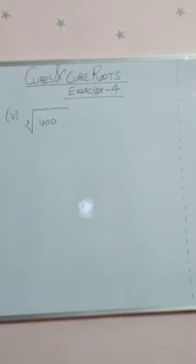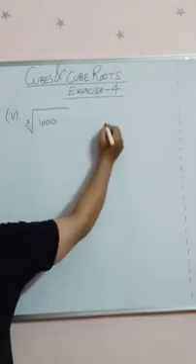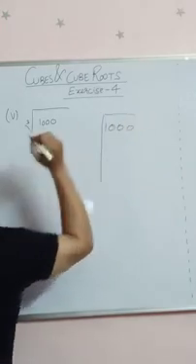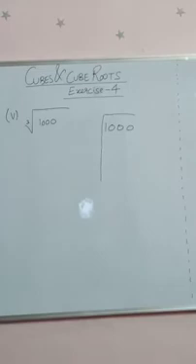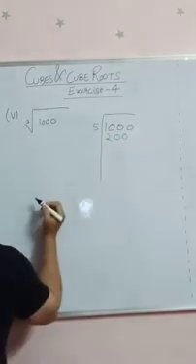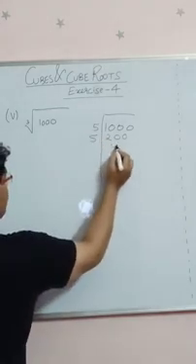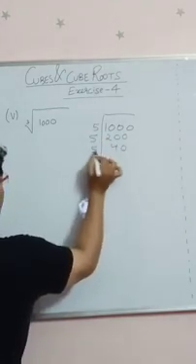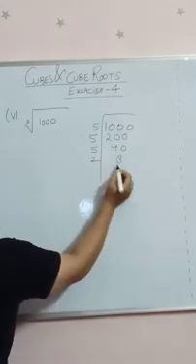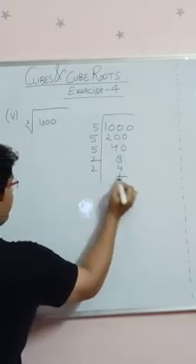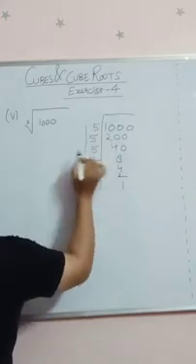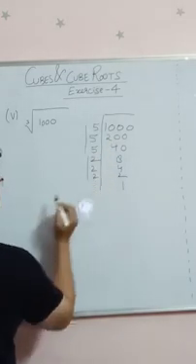So again we are going to find the prime factors of 1000. Whenever we have 0 in the unit place, you can always continue with 5 as the prime number. So 5 2s are 10 and 2 zeros come as it is. 5 4s are 20, 0, 5 8s are 40. Then because it is an even number, we can begin with 2 as a prime number. 2 4s are 8, 2 2s are 4, 2 1s are 2. So we get the triplet of factor 5 and a triplet of factor 2.